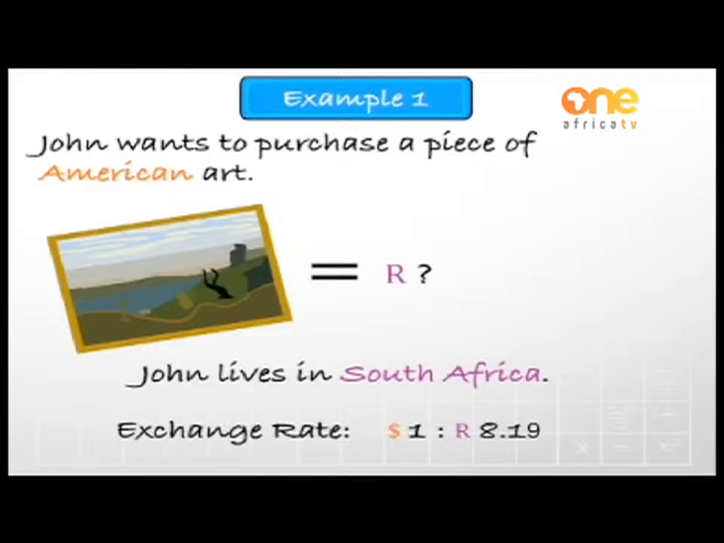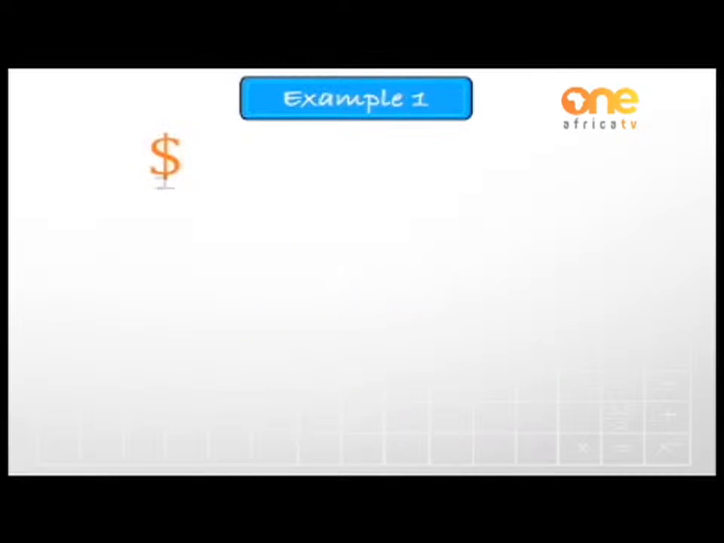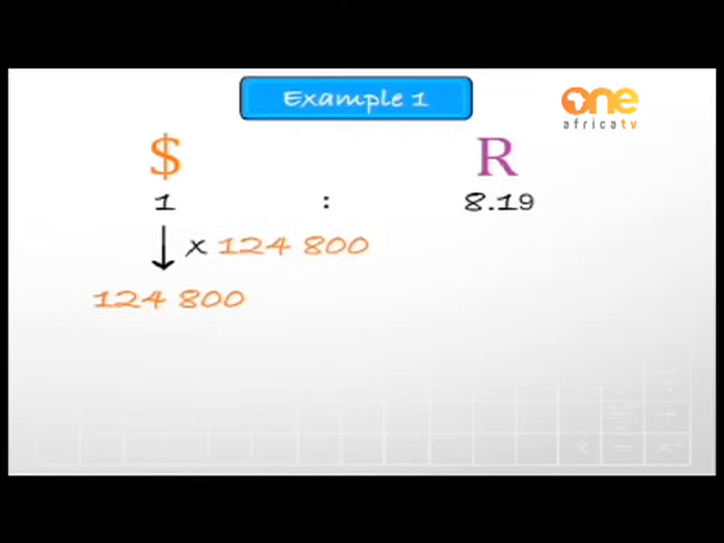$1 US buys 8 rand 19 cents. To answer this question, we simply set up a ratio. We know that $1 buys 8 rands and 19 cents. Therefore, we have the ratio 1:8.19. Now, to get from $1 to $124,800, we multiply the left-hand side of that ratio by